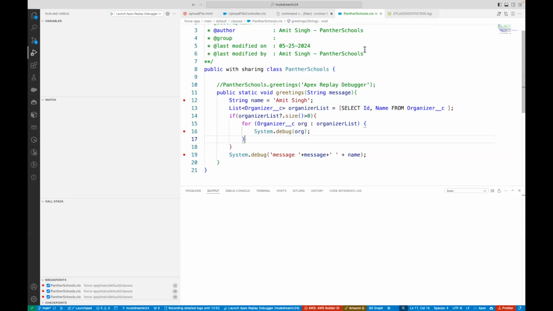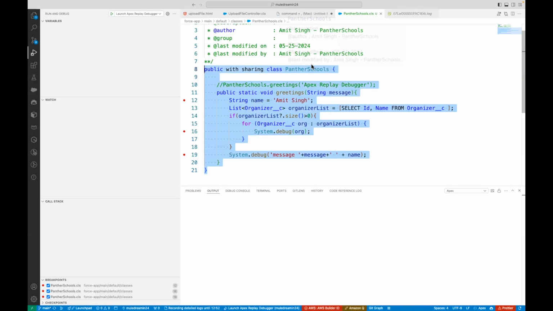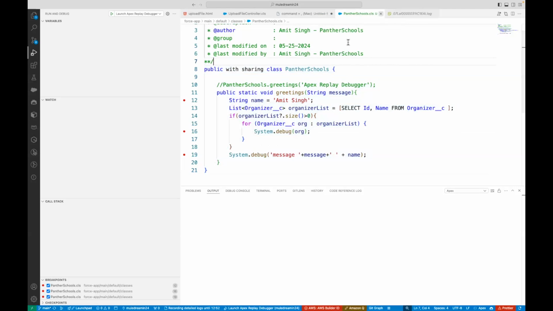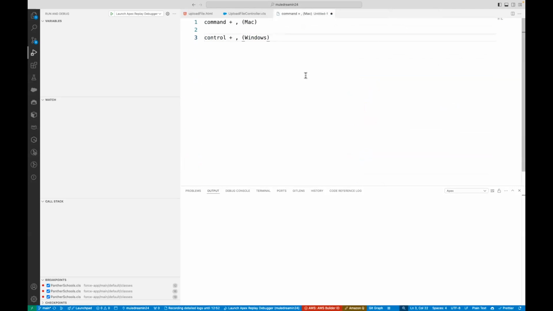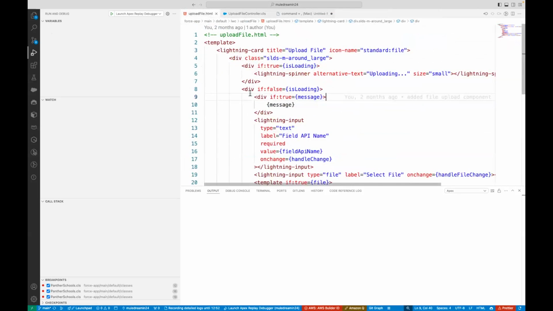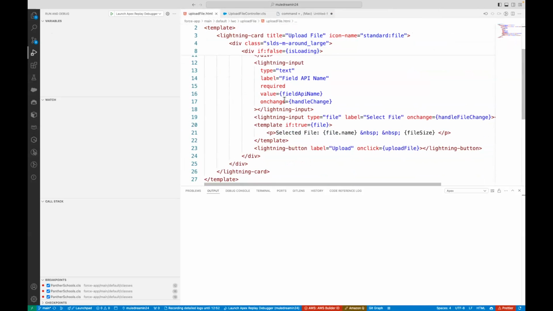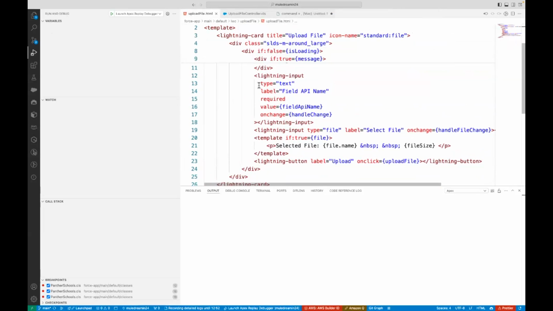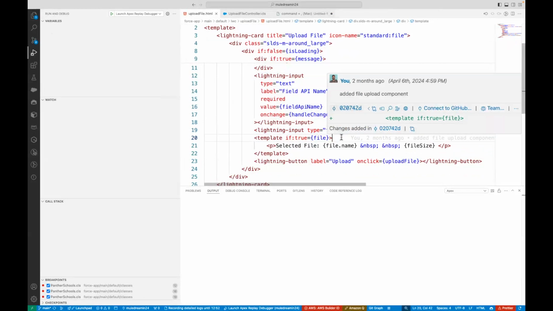Now this is an anonymous code which we have executed. Let me show you the real code that we have. Again, it's very simple, not that difficult. So what is the scenario that we have here? I have a component, lwc upload file.html. This is accepting a file from the user, and then based on the given record ID,